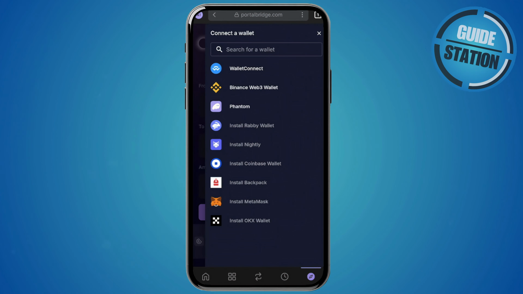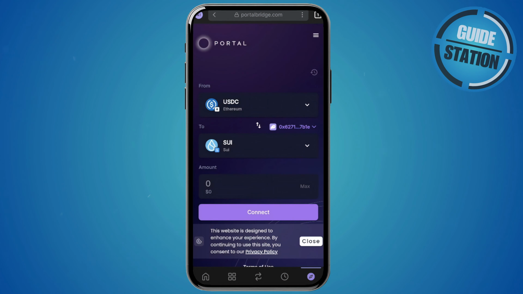Once you've connected your Phantom Wallet here, you should have the option to swap it in this section. Just make sure to review the details like network fees and all of those. But in this case,